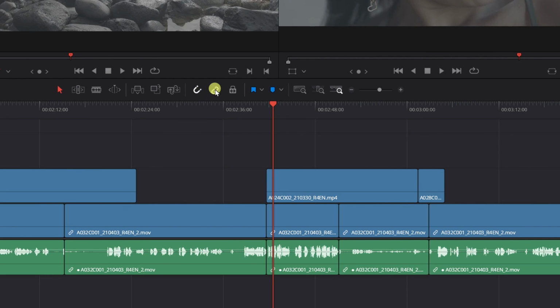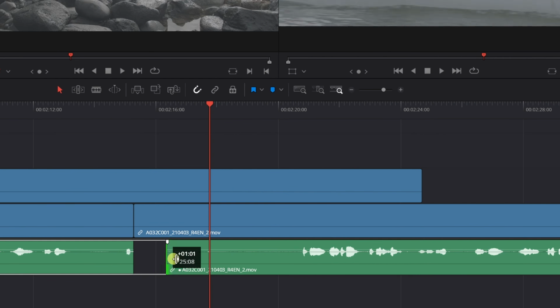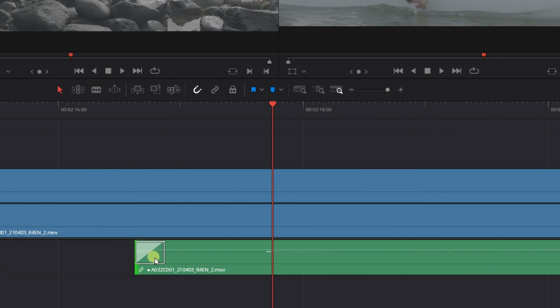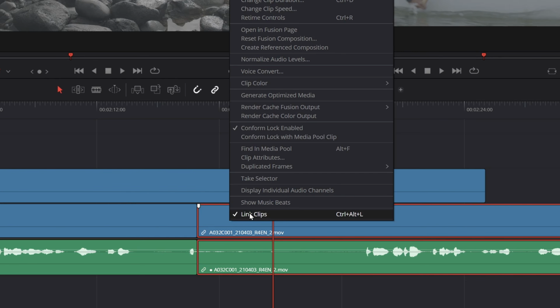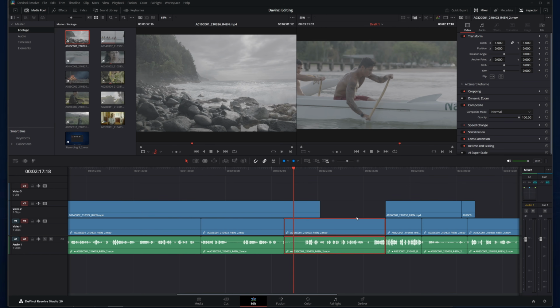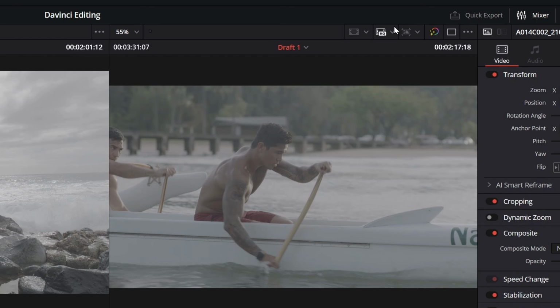Next to it is our linked selection tool. Notice if I click on the video, the audio is also selected. And you see this little icon, this means they're linked. But if I turn this off, they're still linked, but I can select them separately now. Say I want to edit this audio over here and add a transition that isn't going to be in the video. I can do it this way. Or without selecting this link selection, I can right-click on this clip and just unlink it, and you'll notice the link icon goes away.